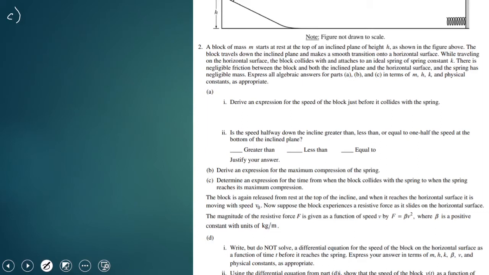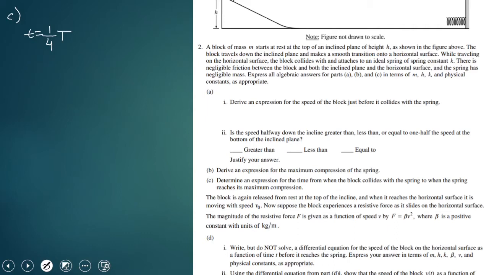And so what we know is that the time taken is going to be equal to 1/4 times the period. If you think about the spring when it's reaching its maximum amplitude of compression, that's going to be 1/4 of the total cycle for